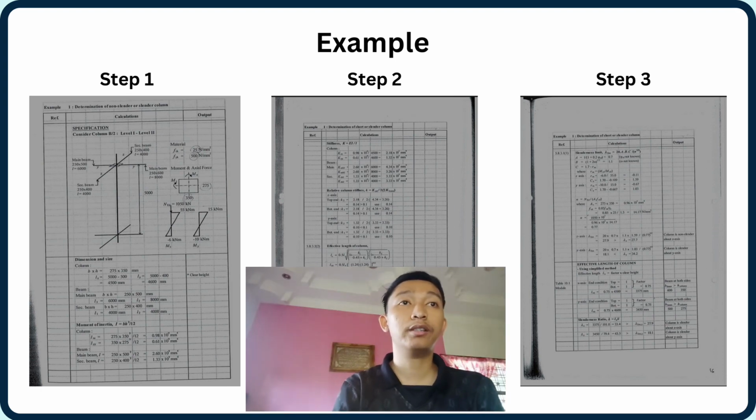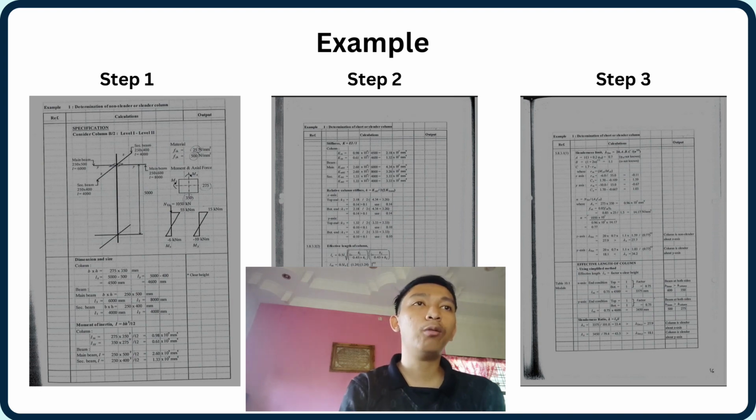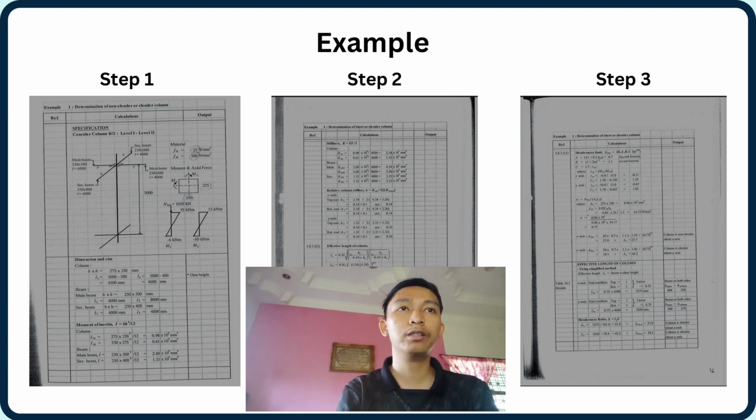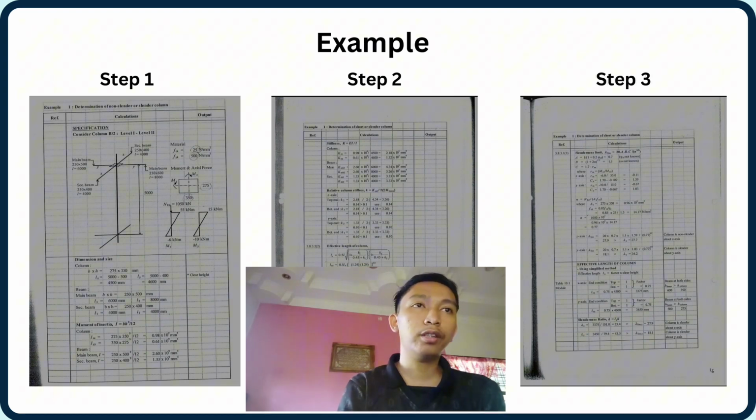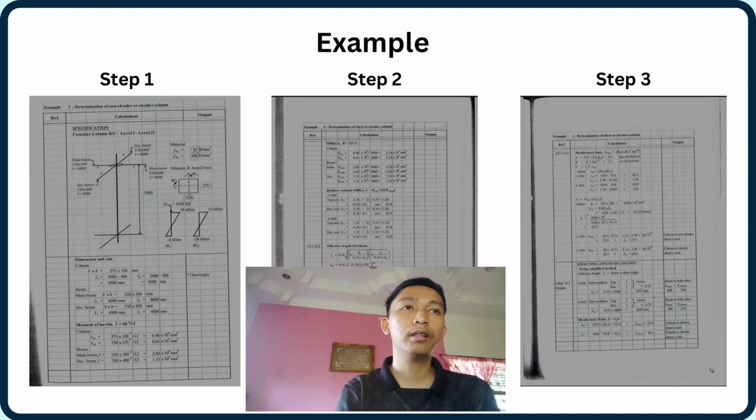For the second step, determine the dimension and size. For column, the size is 275 x 350 mm, and we get the length for IZ is 5000 minus 500 equal to 4500 mm. For IY, 5000 minus 400 and we get 4600 mm. For the beam size for the main beam is 250 x 500 and the length is 6000 mm. For the second main beam, the length is 8000 mm. For the secondary beam, the size is 250 x 400 mm, which the two of the beam lengths are equal,